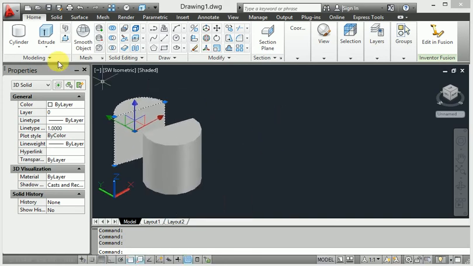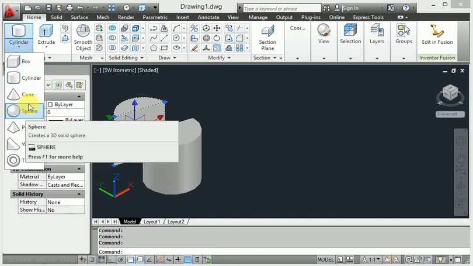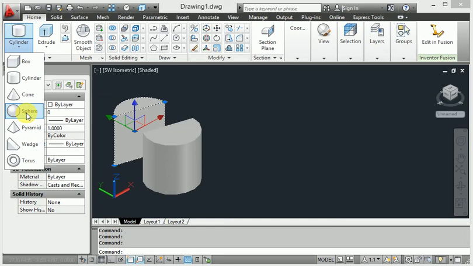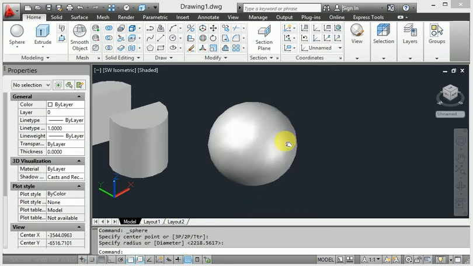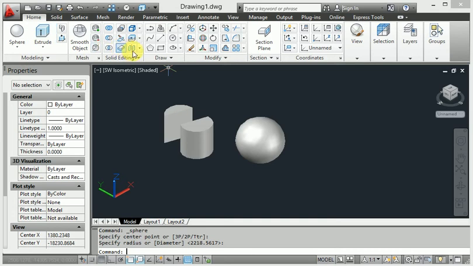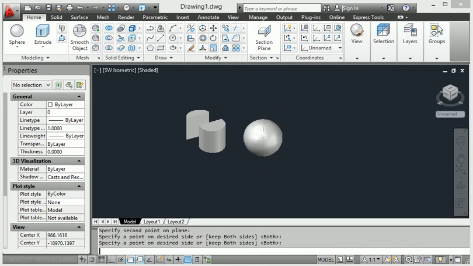I have another body. I select it for the slice command. When I use this one and apply the slice command, enter. When I click the point, also this one, and again click this one and enter.